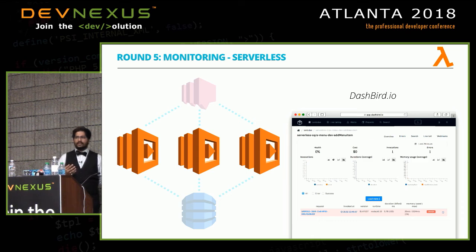So if you're in this space, the tools that the provider has given you probably give you the most information. But if you want some abstraction, a better dashboard, some of them are available, but they are nowhere close to something like an App Dynamics or a New Relic and the kind of power and visualization they give you, right? But it's only a matter of time till the ecosystem actually gets there.